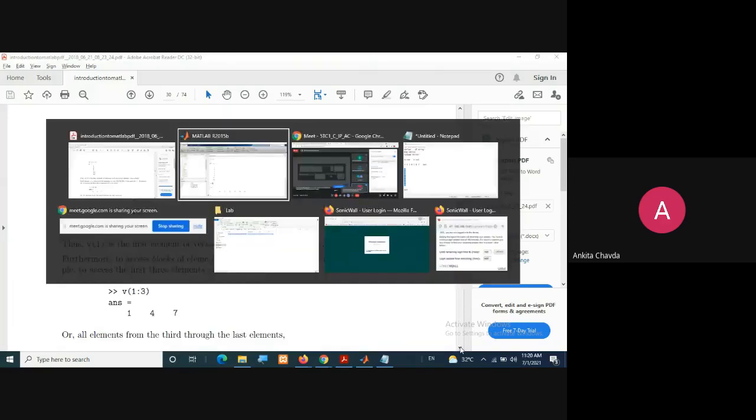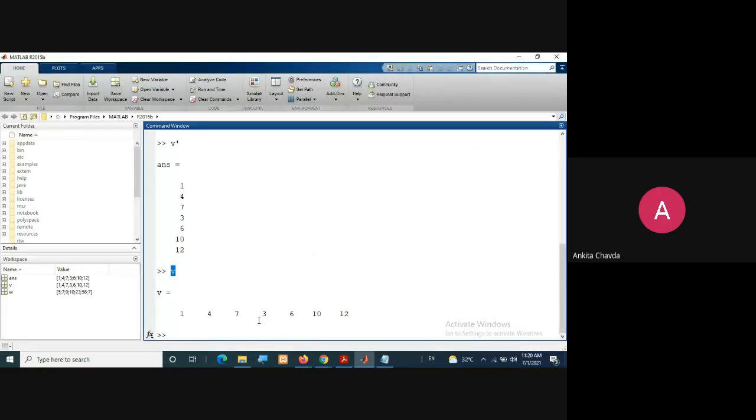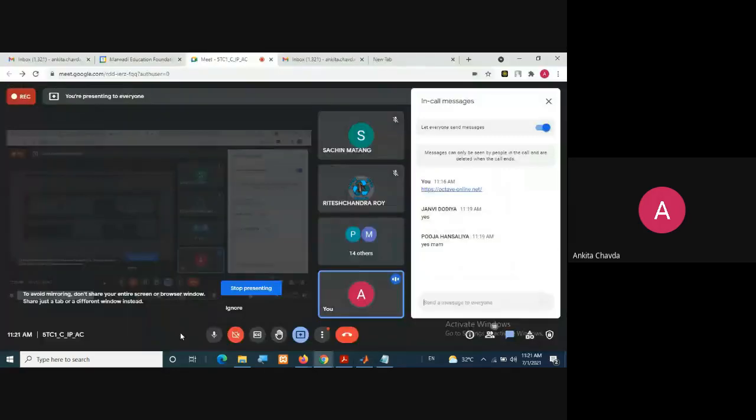Now if you want to access any of the elements from this, do you remember where MATLAB index starts, as we discussed many times? MATLAB index starts from 1, right?